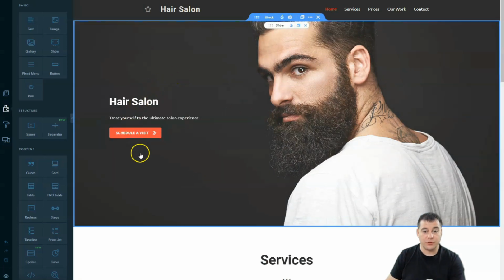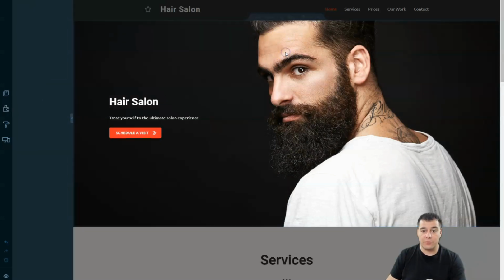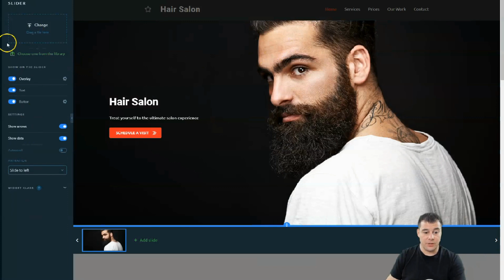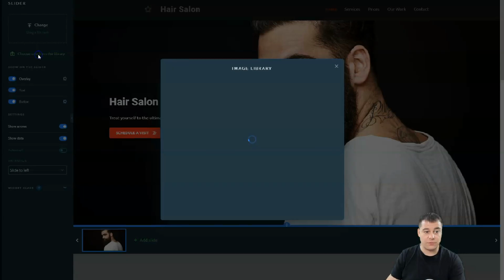When you're hovering over the surface of each block, you see which element is inside. Like there's a slider, and pressing on this slider, you see the options to change the slider. Yeah, and you can drag files. You can choose from the library,